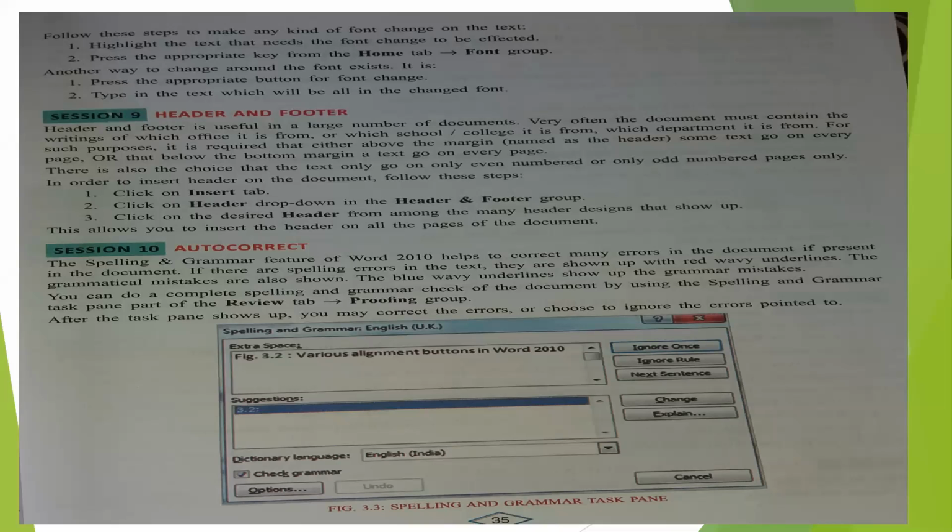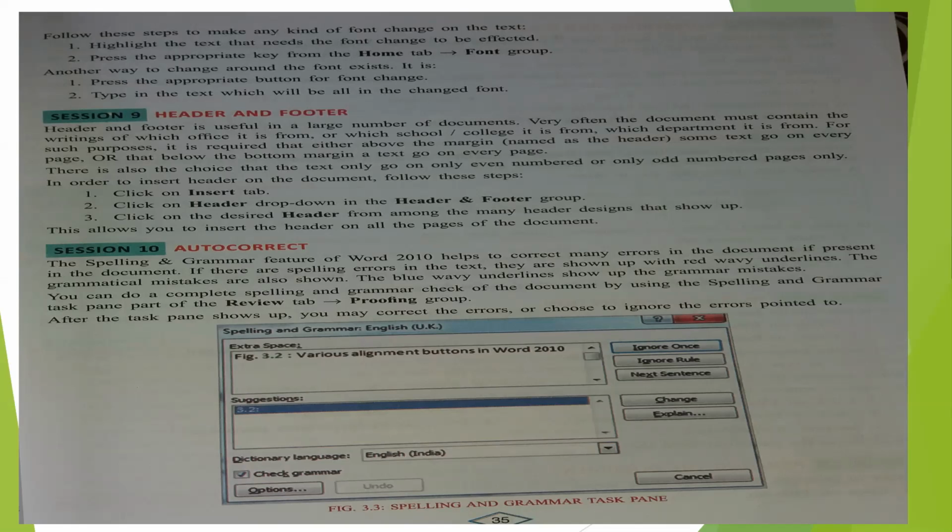Next is beta autocorrect. Autocorrect means while typing, you may commit grammatical or spelling mistakes. Okay. For spelling mistakes, we have red wavy lines, and for grammatical mistakes, we have blue wavy underlines. Okay. So for this, what we can do, either you can just right click on that particular word and then it will display some kind of similar options for that word, and then choose whatever you wanted to write over there. Okay.